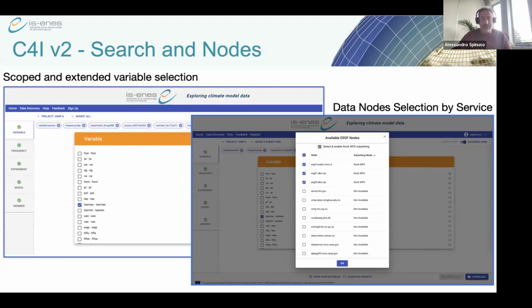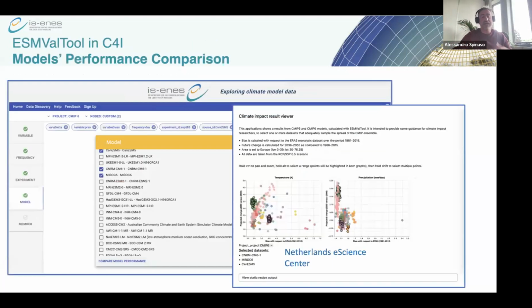So that's very generic, and this is available to guest users, and the web processing services are available only for registered users. But nonetheless, for all users, it's always possible also to select the model based on some performance evaluation that we obtain by importing data from another service of the Easiness software architecture. So we provide users with the possibility to compare model performances based on the changes calculated on 2 variables,